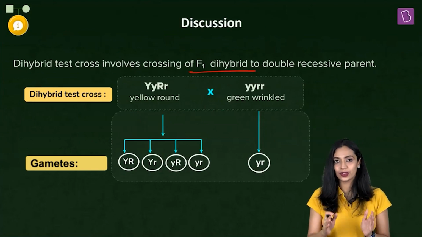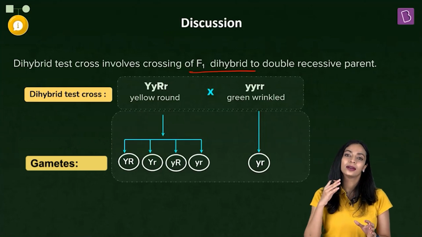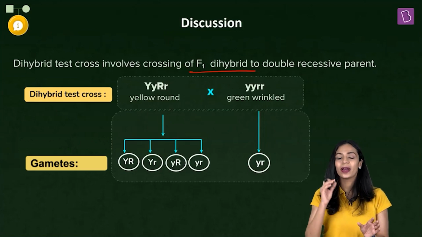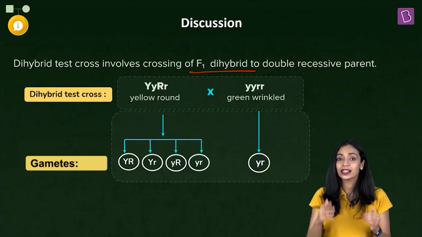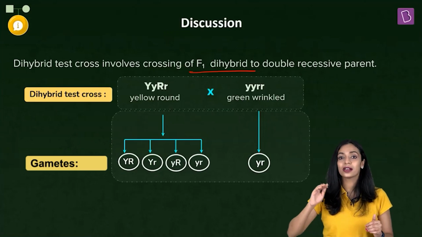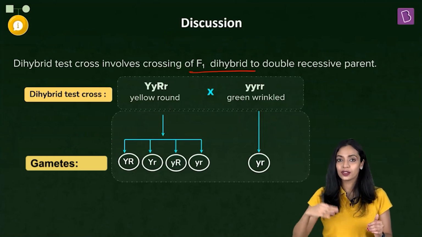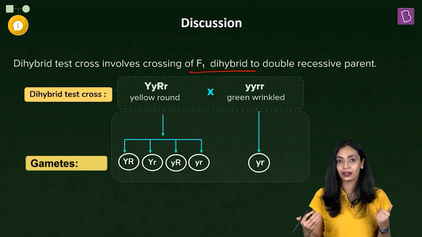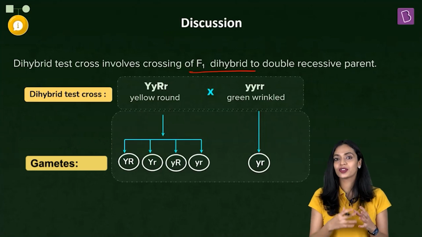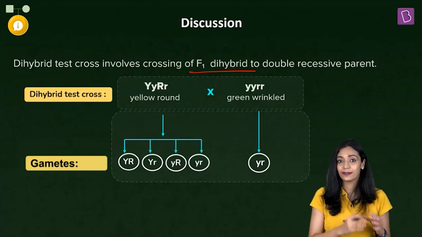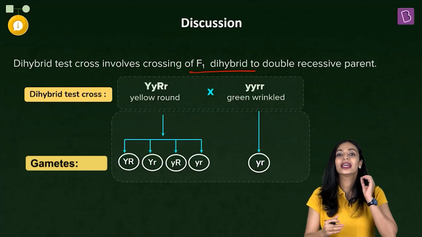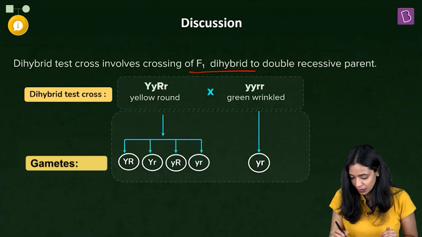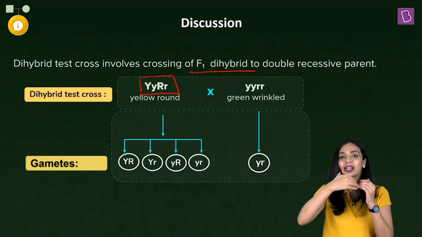during a dihybrid cross. Okay, so in a dihybrid cross, we are crossing 2 individuals and considering 2 characters. We start off by taking parents that are pure lines for both the characters considered. One of the parents is homozygous dominant for both characters, and the other parent will be homozygous recessive for both characters. And the offspring that results from this cross is what we consider as the F1 generation offspring or the F1 dihybrid because it is heterozygous for both the characters. Okay, so this would be the genotype of the F1 dihybrid.